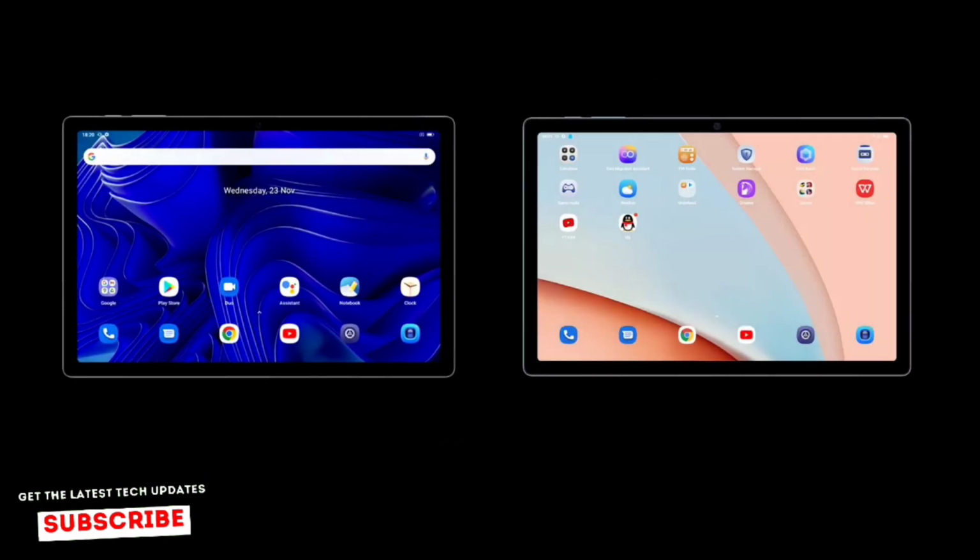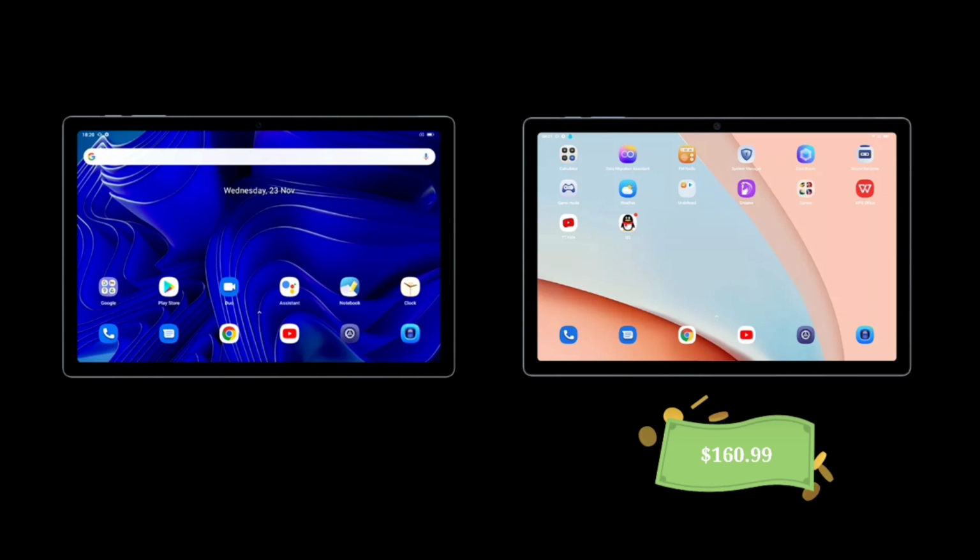Anyway, the BLACKVIEW TAB 15 will be available for just $169.99, I think, from January 9th. The OSCAL PAD 10 would be priced at around